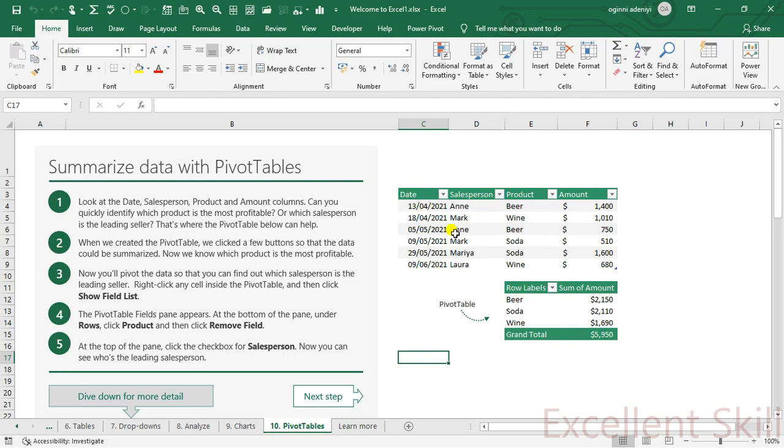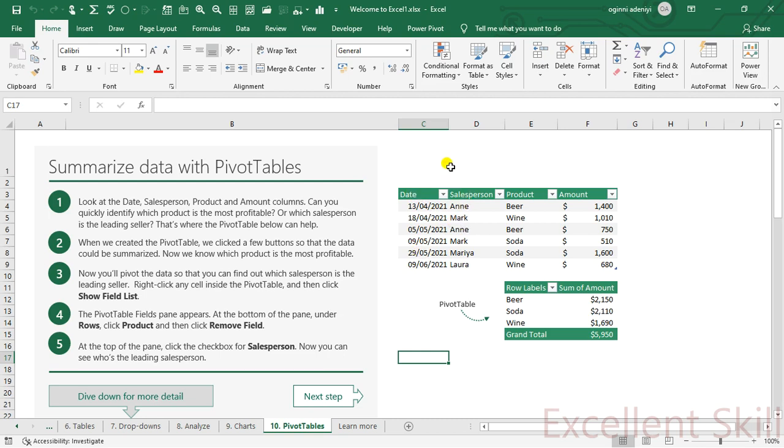The first thing as a data analyst, when you are confronted with data, the first thing you should do, without analyzing or cleaning, once you see your data, is try to understand the data. Because data can be coming from several sources. As a data analyst, sit down to understand the data. This is the data. We have the date, we have the salesperson.